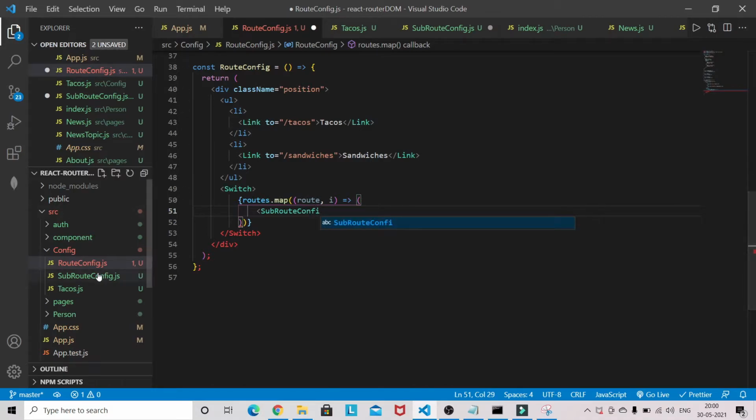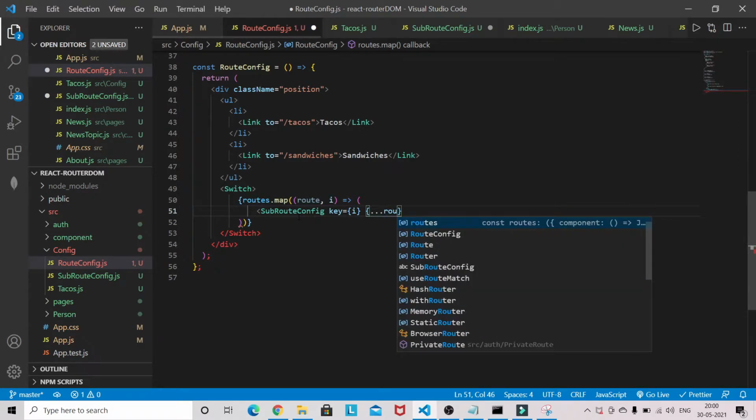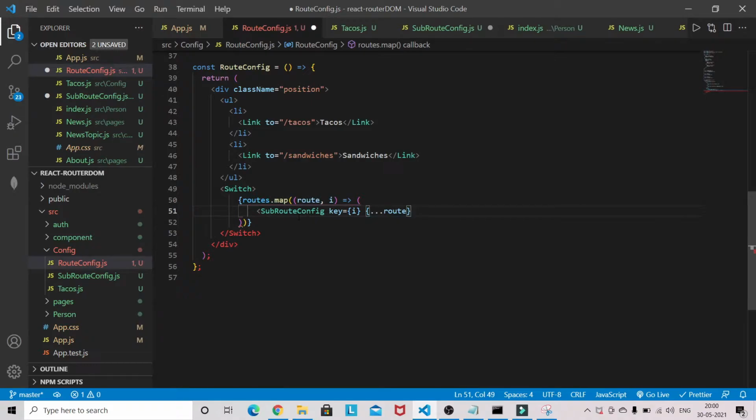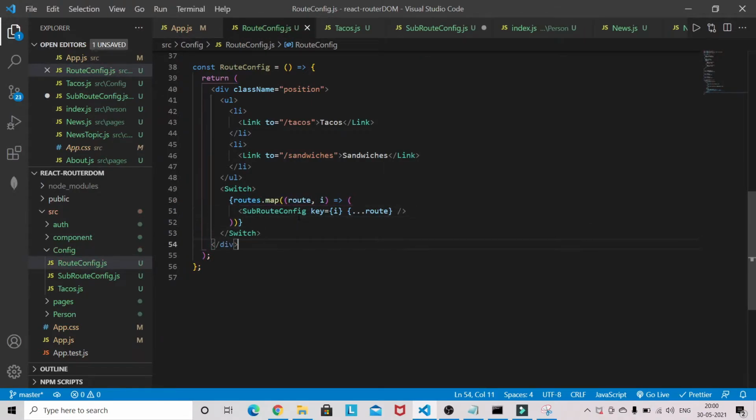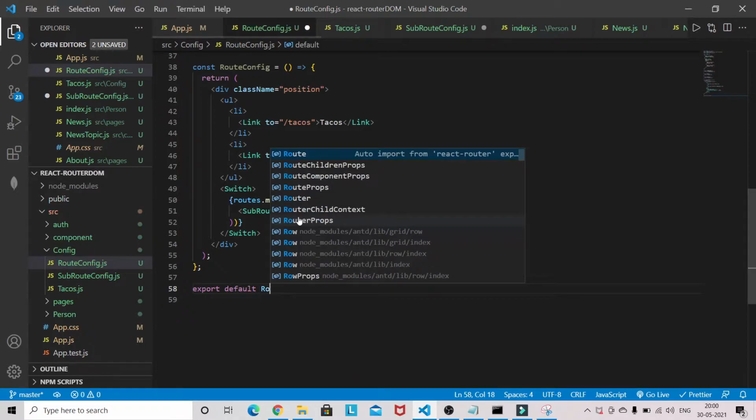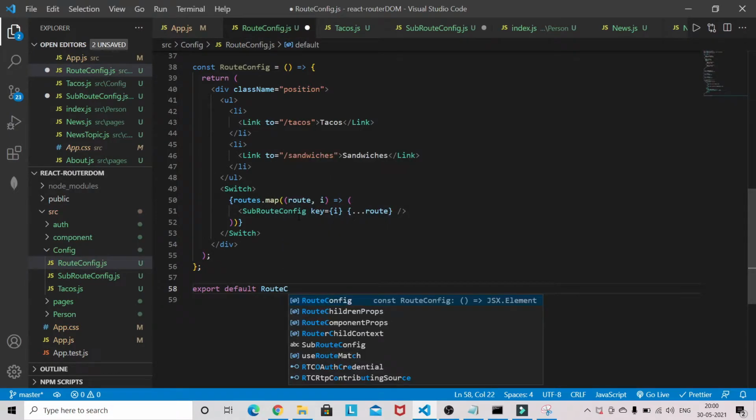The file is already created, we just have to write some code there. We will write that after this, and I will spread out route here, and I will export default route config.